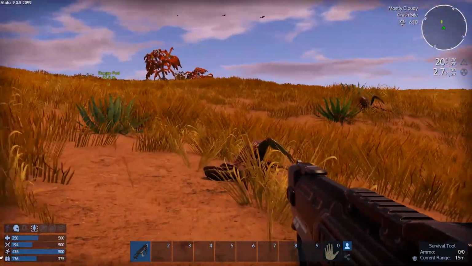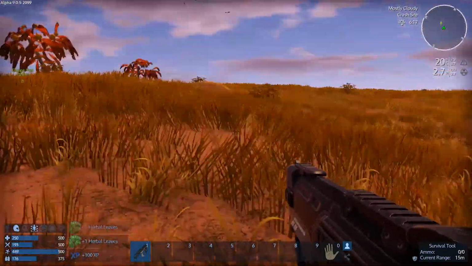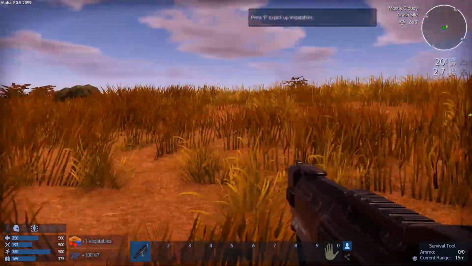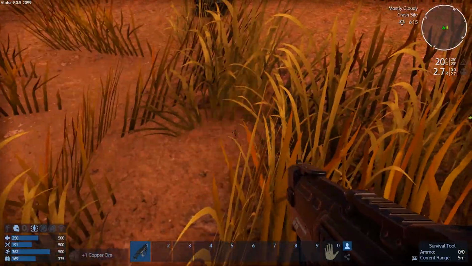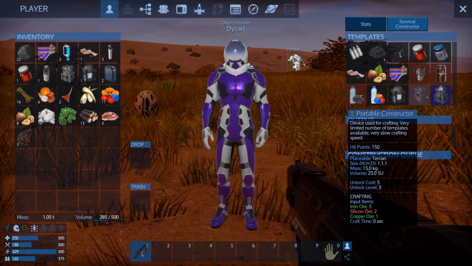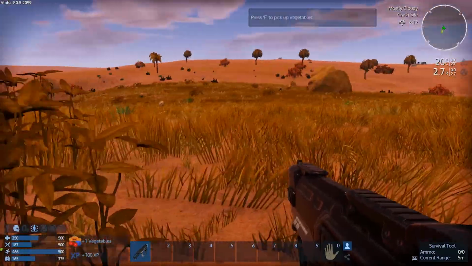We need to find either rocks or... Well, I guess rocks is all we have right now because we can't build a drill or anything until we have that portable constructor. Oh, is this copper right here? It is! Yes! Excellent. So hopefully that's already enough copper. Yeah, so all we need is silicon. So if we can find just one silicon rock,